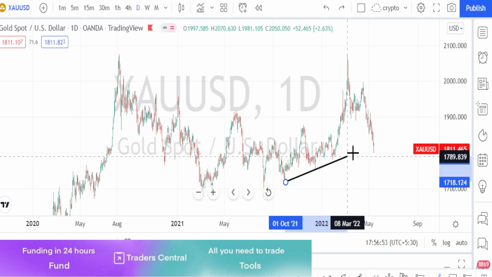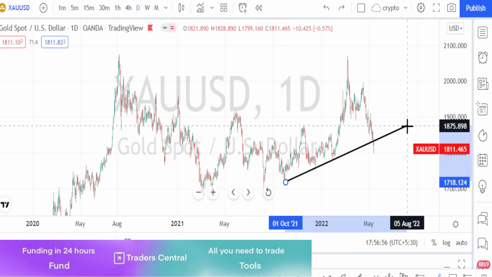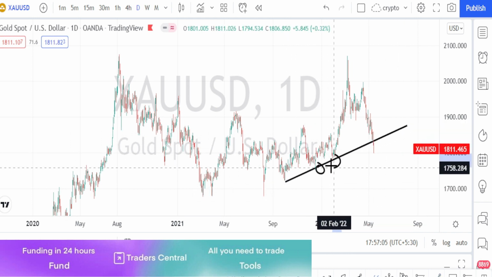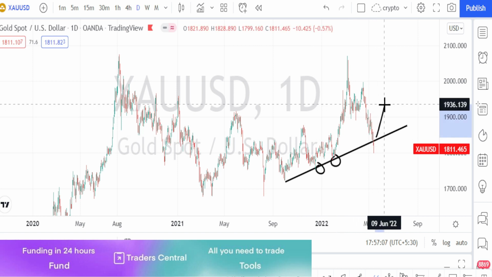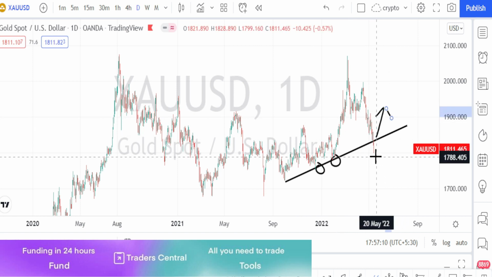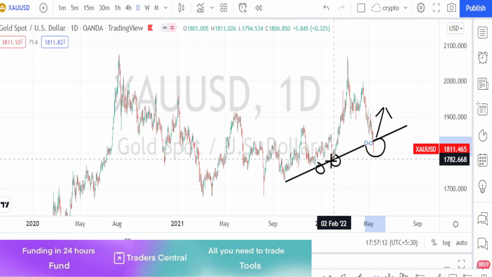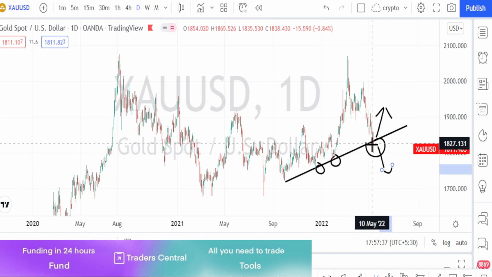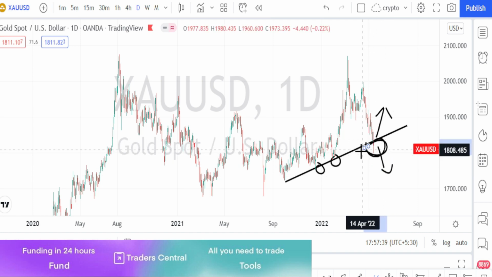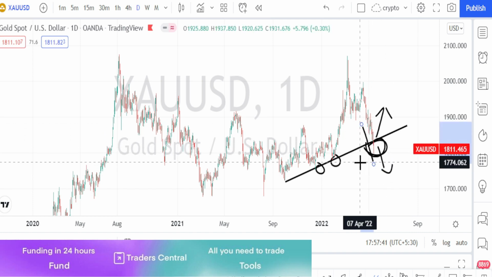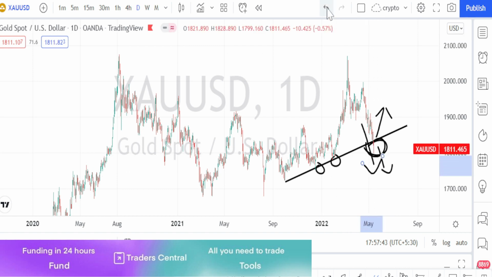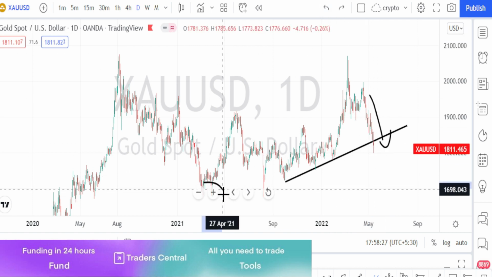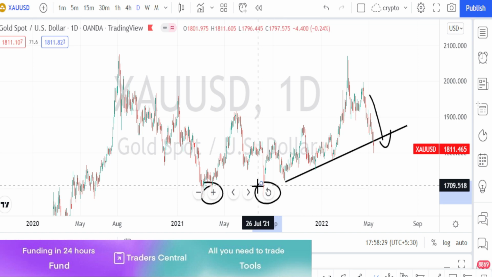Previously we knew that it was trading in a bullish trend. It did not break this support line or trend line, so we were hoping for the bullish trend reversal, but currently when we notice a price action, it has clearly broken this support line and it is still going down. Let us analyze what is going to be the next target and whether the bearish trend is still going to continue or not.